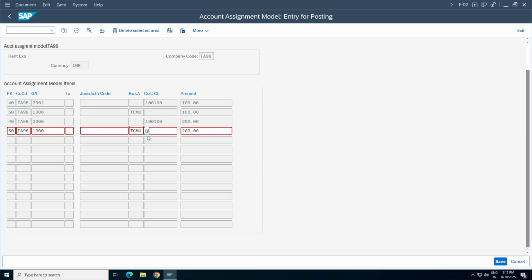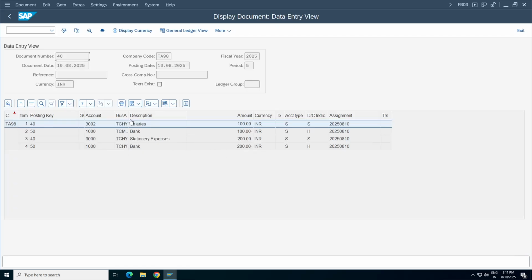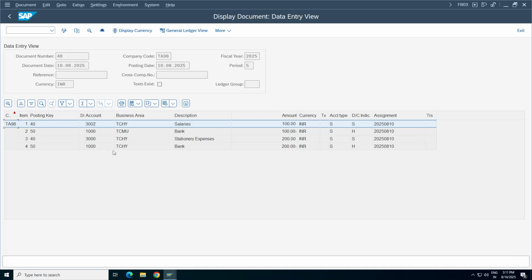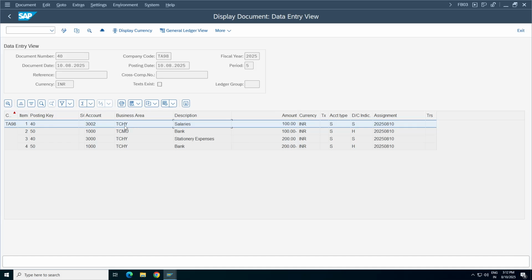So let us change it to HY. So this also has to be changed then. Still it has been posted. It should not, right? It should actually throw the error. I don't know, it has blindly picked it. 40, 50, 40, 50. It should not populate because it has to check against the cost center also. It is not checking. So the template is not very good then. But fine, that's a real catch. Nice catch.